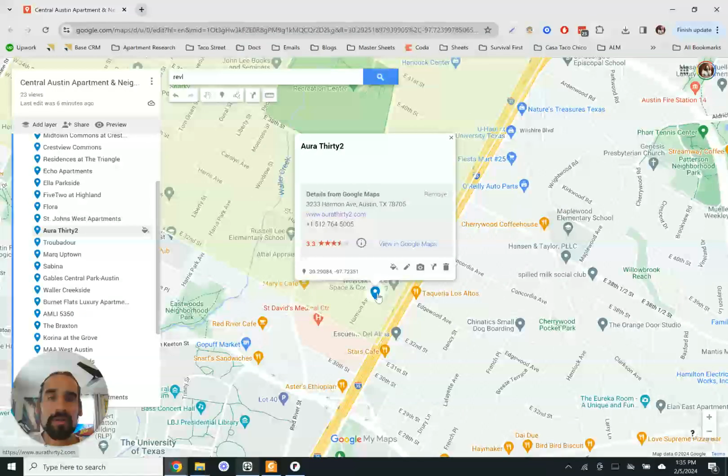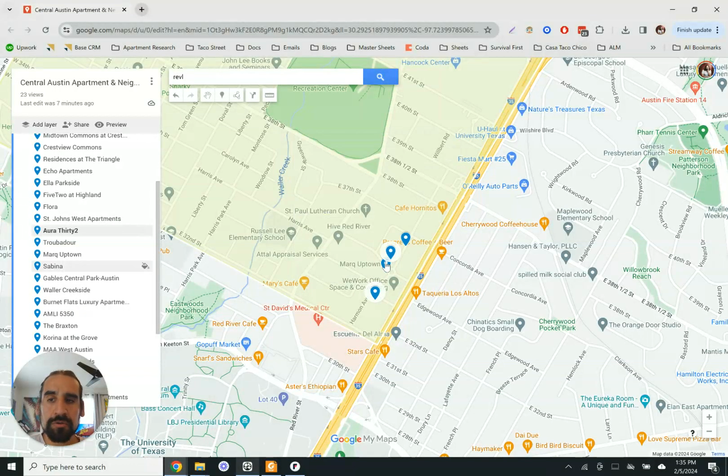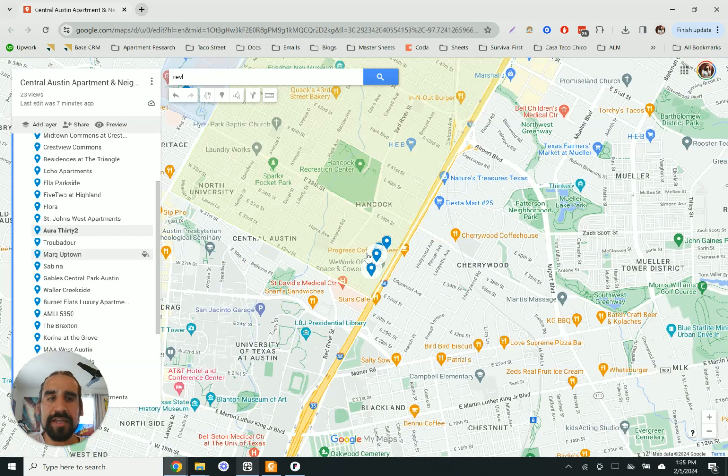So you have Aura 32, Sabina, Mark Uptown, and the Troubadour. They're all kind of the same building, just your standard mid-rise building along the highway. There's not a lot of compelling stuff in this specific area that's going to give you a nice walkable neighborhood energy. This neighborhood is going to be optimal if you need to get to campus or get to the hospital